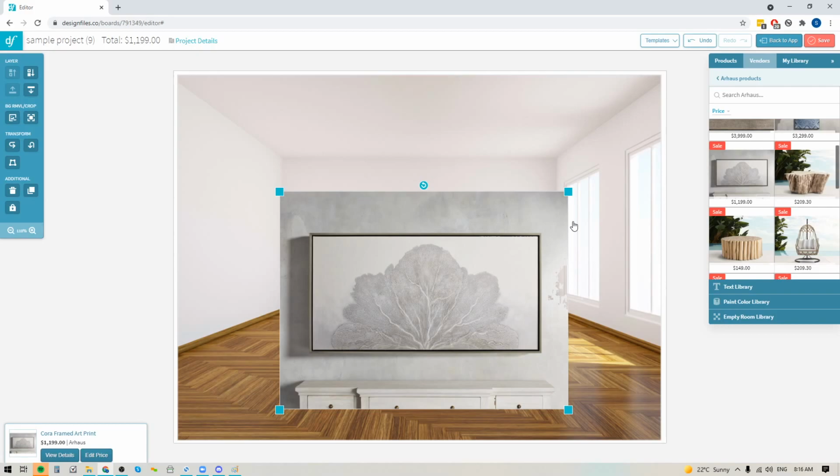And that way you should be able to get any product you want into any design board that you create and do it quickly. So definitely pop into your Design Files account, give these new features a try,